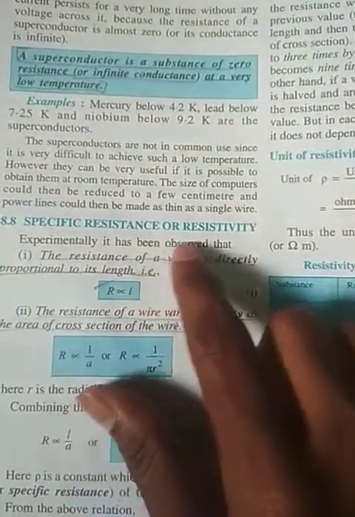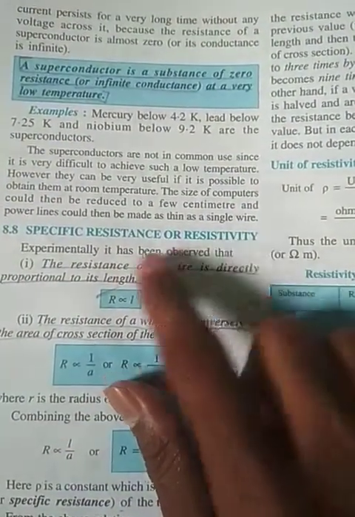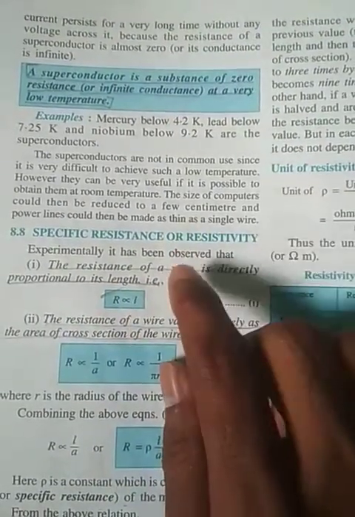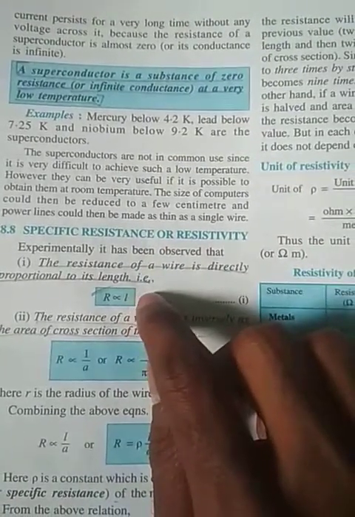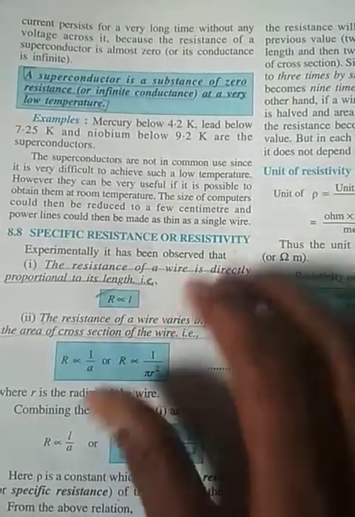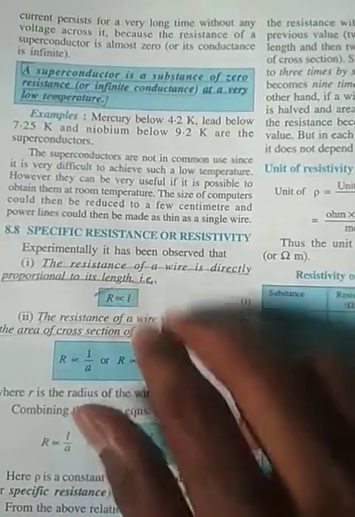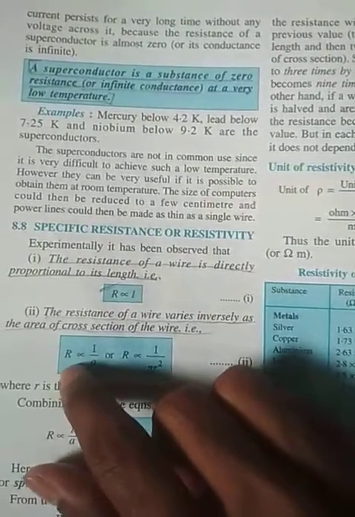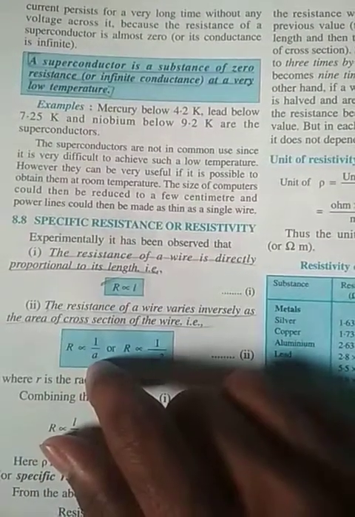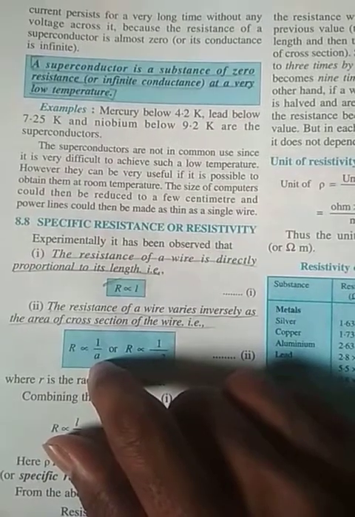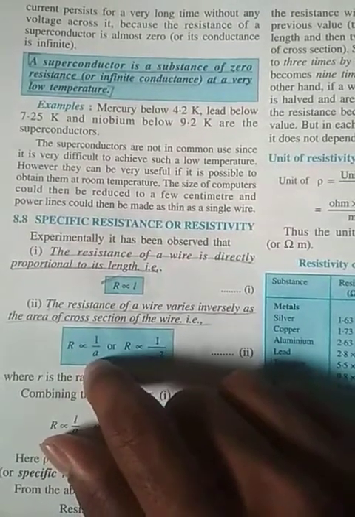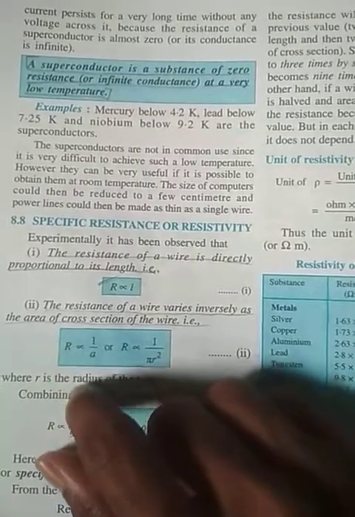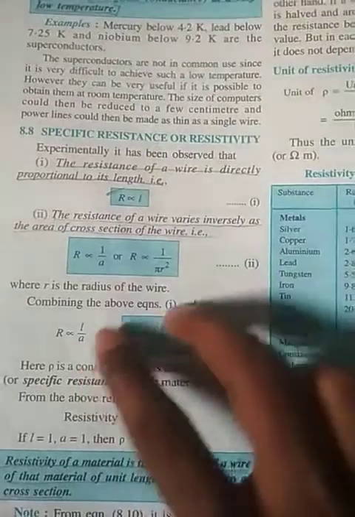Now, specific resistance or resistivity. What is resistivity? The resistance of a wire is directly proportional to the length. We already learned that. If we increase the length of the wire, the resistance will increase. If you decrease the length, the resistance will decrease. Similarly, resistance is inversely proportional to the area of a conductor. That means if you increase the area, the resistance will decrease. If you decrease the area, the resistance will increase. Now if you combine that,